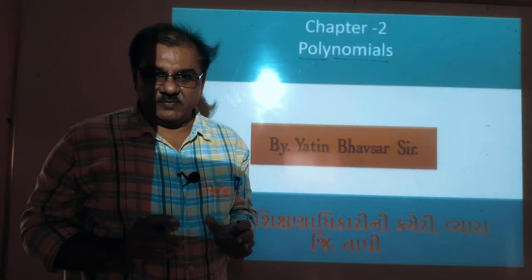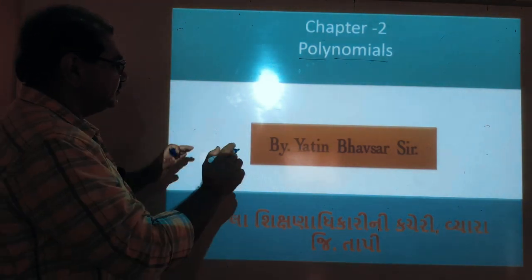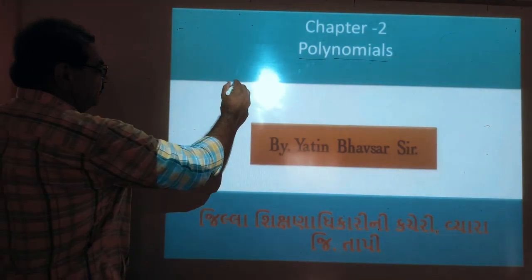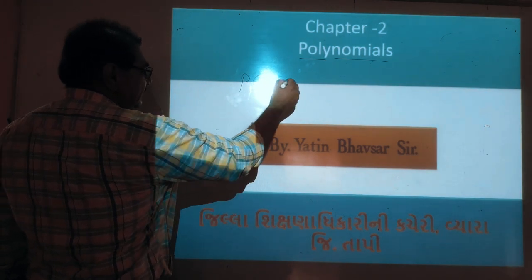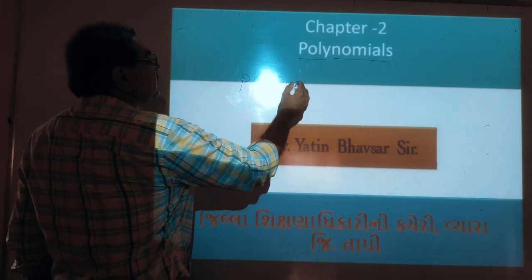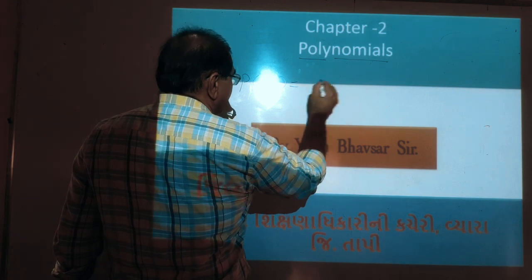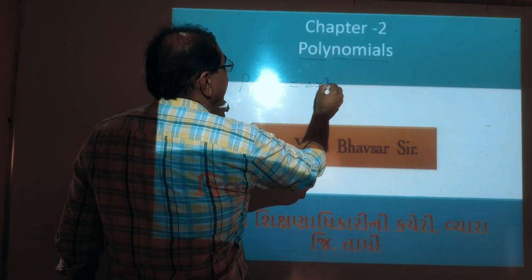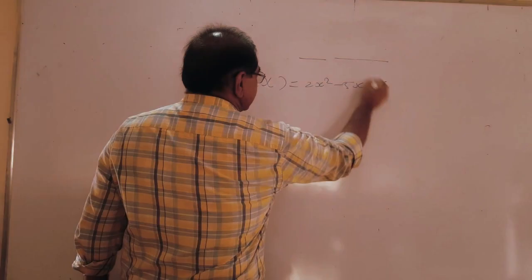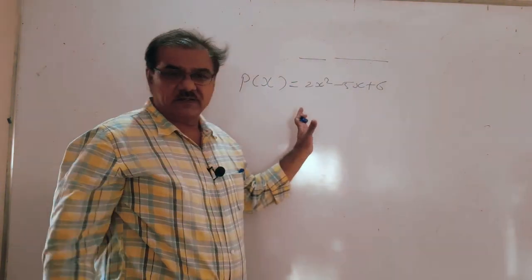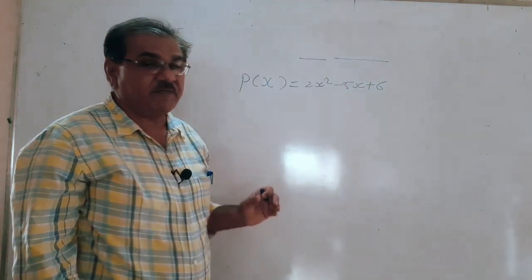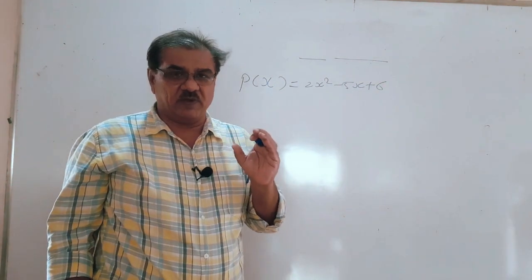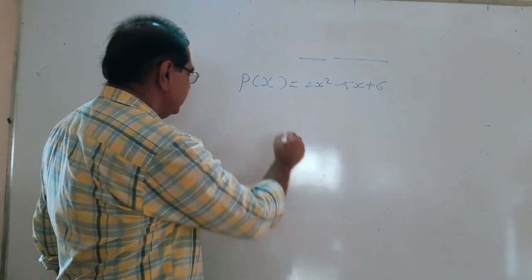The general form of polynomial, I tell you, P of x. X is the variable. Then P of x is equal to, here we write the polynomial, suppose 2x square minus 5x plus 6. It is one example of writing a polynomial. But if I tell you what is the general form of polynomial, that I tell you,